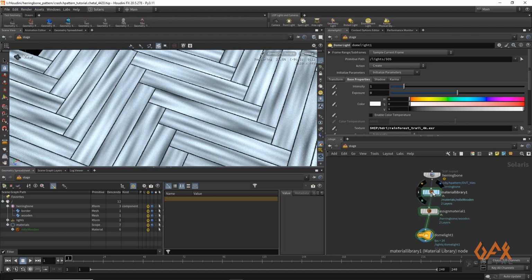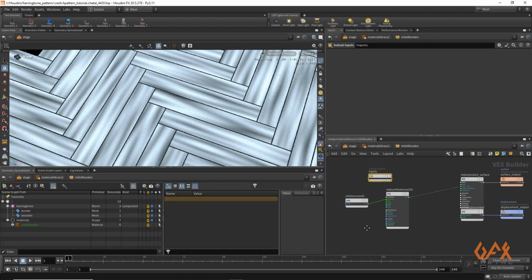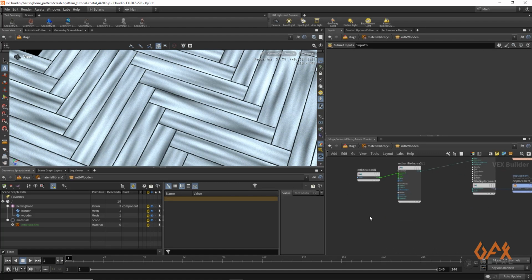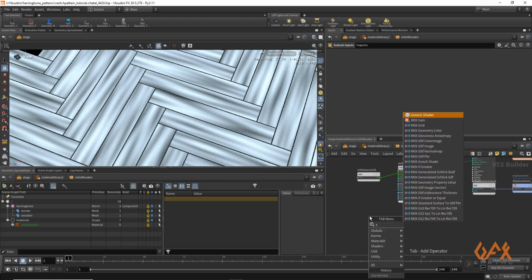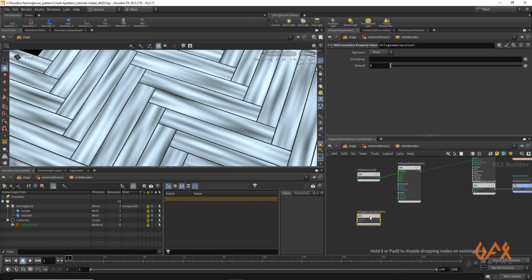So for that reason, I just go inside this material and I am going to call that attribute in my MaterialX. And for that, I am just using one geo property value in which I am going to write down the name that I assigned, that is your noise frequency, and that is your vector 2.